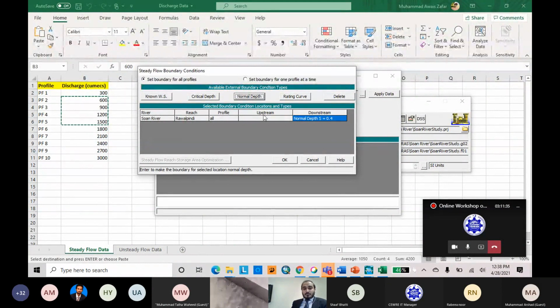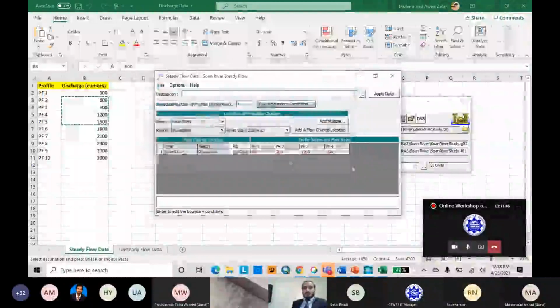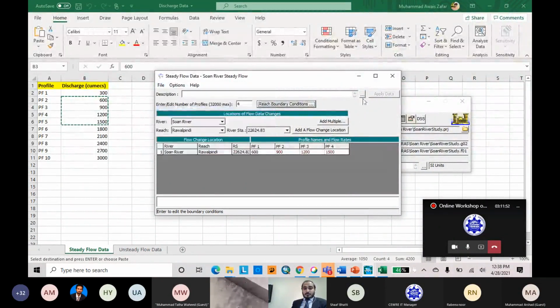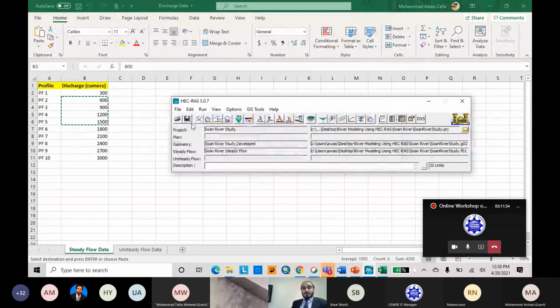You can use an upstream boundary condition for supercritical flow, or a critical depth or rating curve, but here we use only steady flow data. So subcritical flow. Now we have just completed the second step, flow data input.